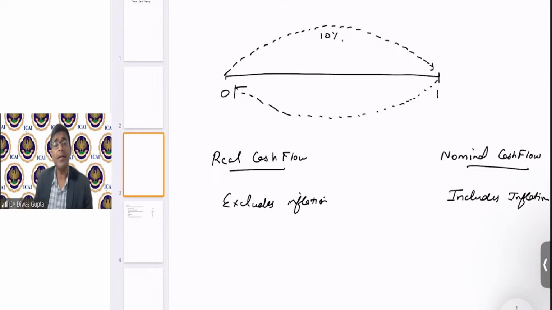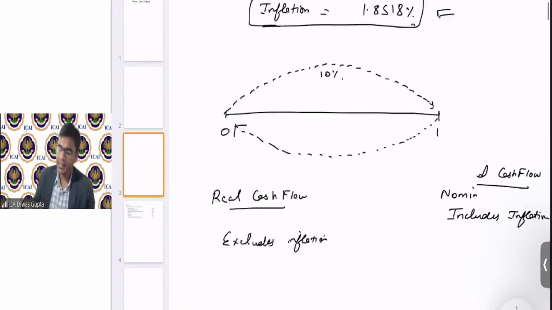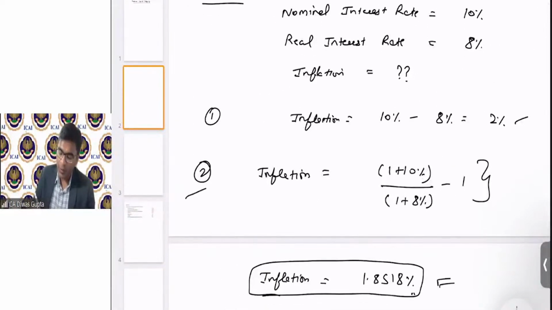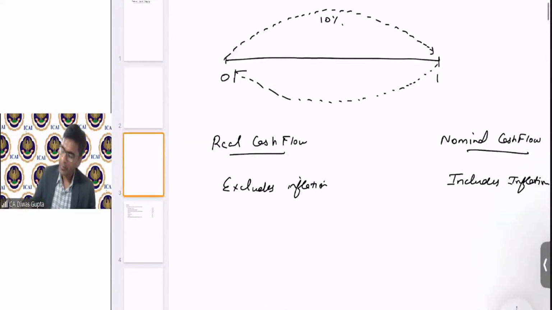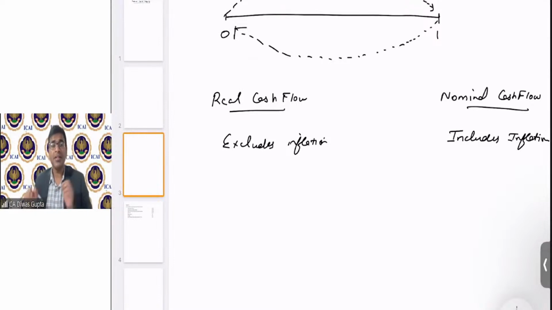Yes, Kirti, second method considers value. You're right. First method only will give you the percentage. But I would still say that preferably use second method only until and unless specified in the question. Okay. And this discussion is really important for your understanding, not only on the advanced capital budgeting, but also whenever it comes to real and nominal, because this thumb rule remains same. Whatever is real, that excludes inflation. Whatever is nominal, that includes inflation. Okay,